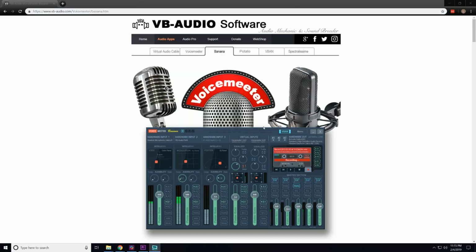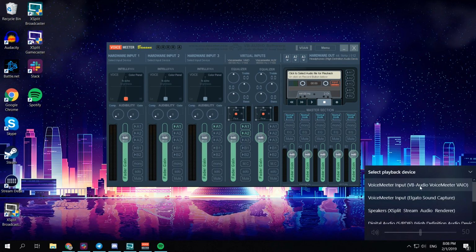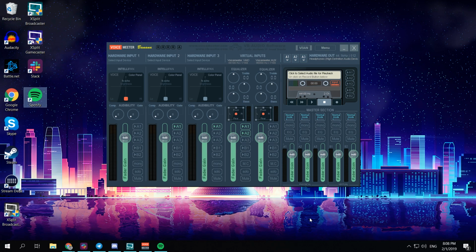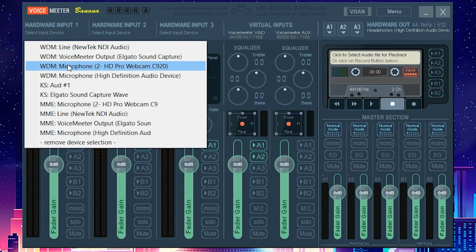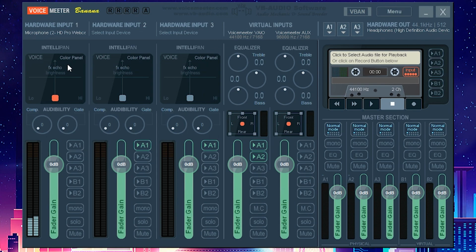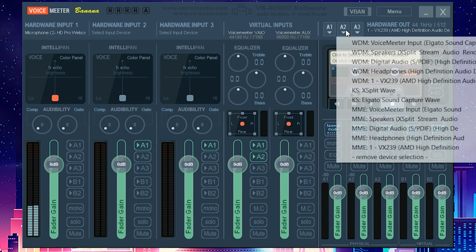Now for a capture card setup, audio routing depends on if you're using a USB or analog microphone. If you're using a USB microphone, you'll need to download and install Voicemeeter Banana. As your default playback device in Windows, you'll need to set it to Voicemeeter Input VAIO. Now in Voicemeeter, set your microphone to hardware input 1. And then for your hardware outputs, set your A1 to go to your capture card and set your A2 to